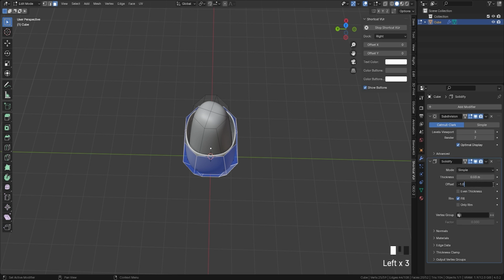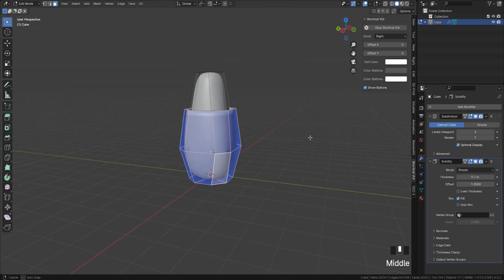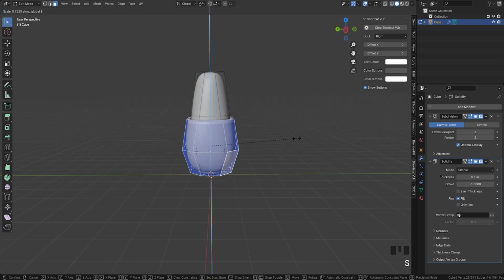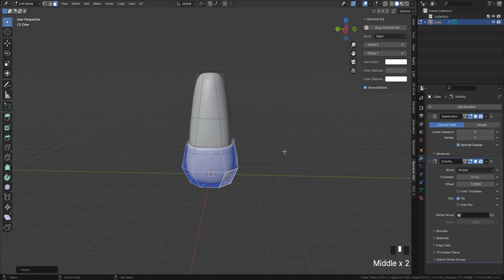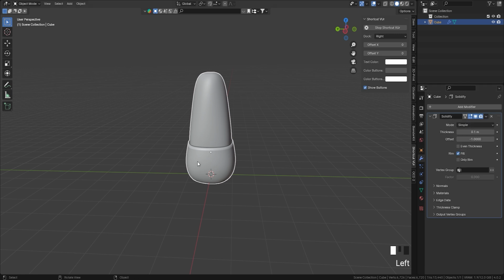Just make it more thick. Alright, and I will scale it on the z-axis and move it down a little bit. Alright, and I will apply my subdivision modifier,